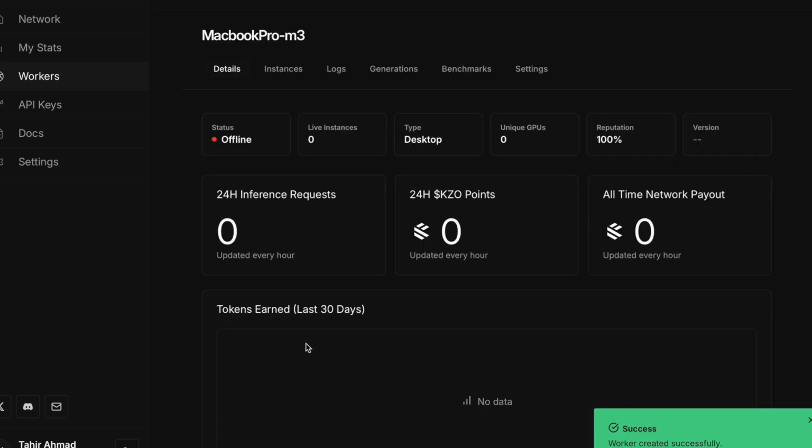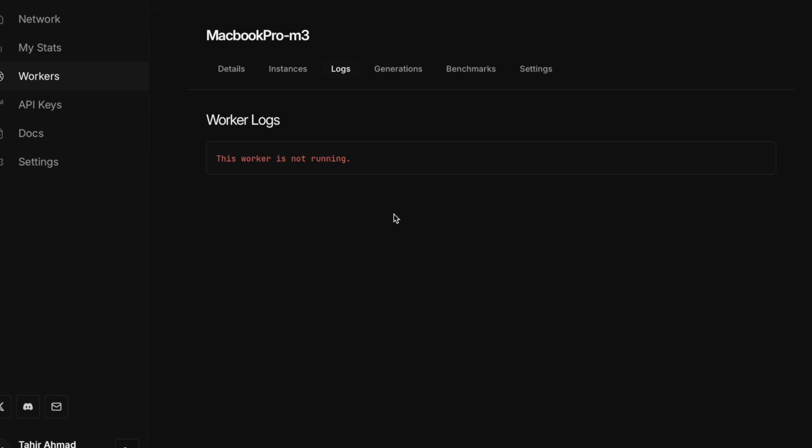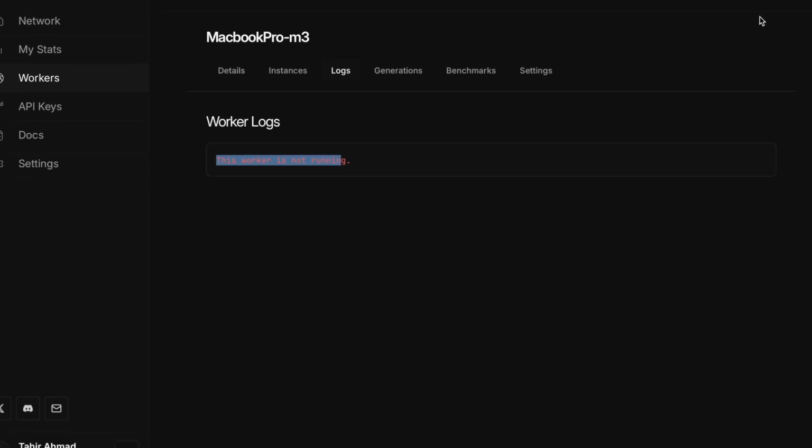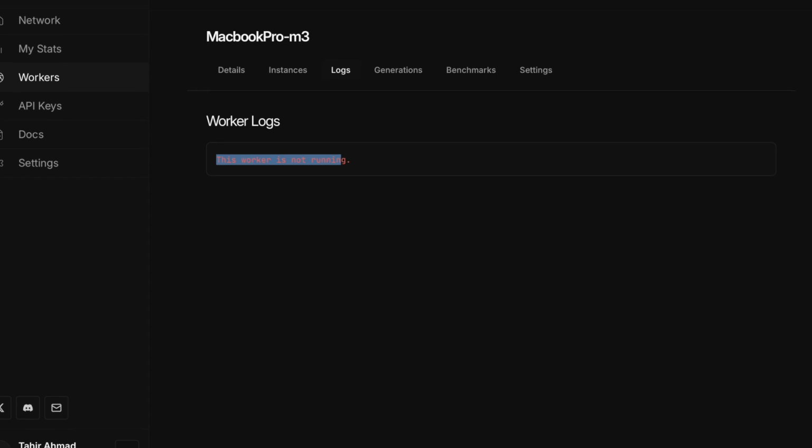Once you start creating it, this will be the dashboard that you will see, and this instance has 000. These are the Kuzco points. These will increase, and here you can see the instances, and here the logs. It is saying this worker is not running. You have to start this instance. You can see a start instance button over the top, and once you click, it will start